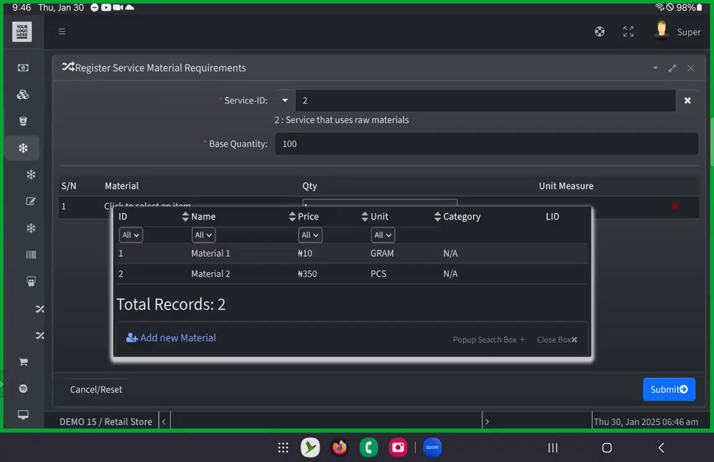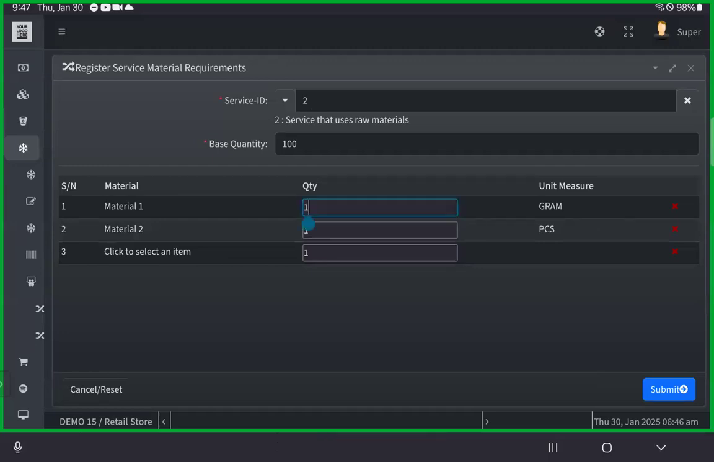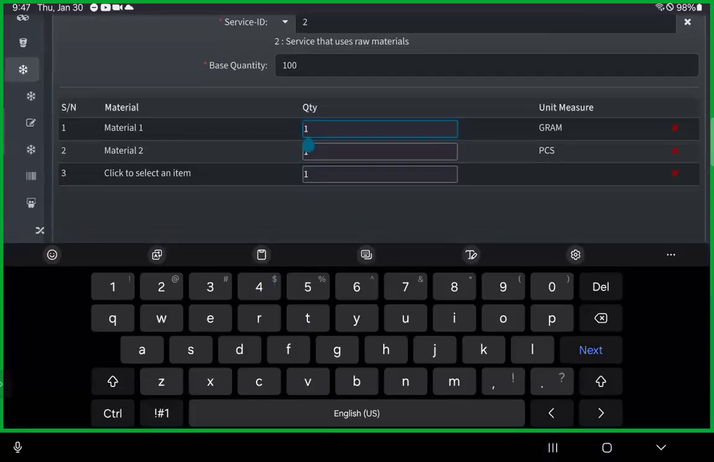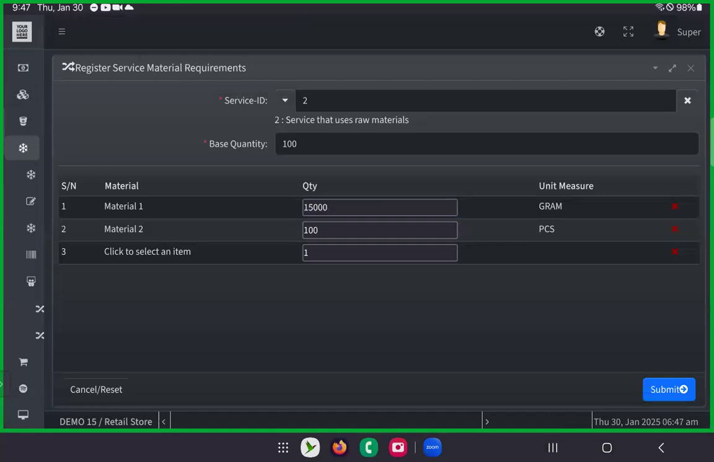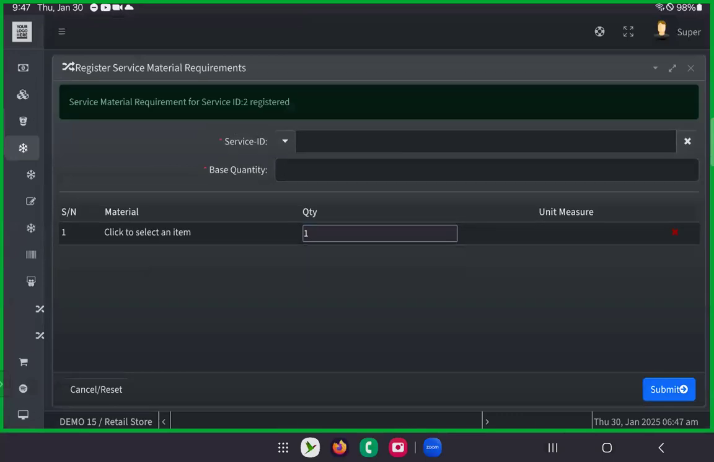Then now go ahead and select the different raw materials that will produce 100. Let's assume here we use 15,000. So I'll put 15,000 grams in the raw material. Let's say material 2. Let's assume we use 100 pieces. You get the point. You can just go ahead and enter other raw materials. Then I'll submit. If you do this, it means that every time you want to render the service, system would go into the database and deduct the corresponding raw materials required